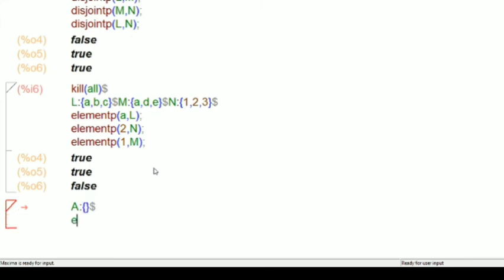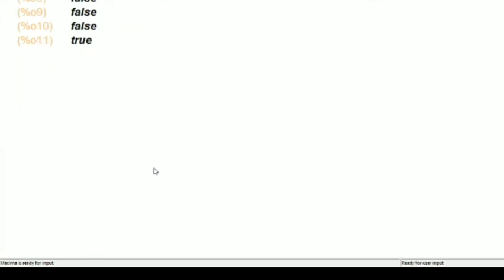Then I'll verify empty predicate L, empty predicate M, empty predicate N, empty predicate A. Now it will predict whether these sets are empty or not.